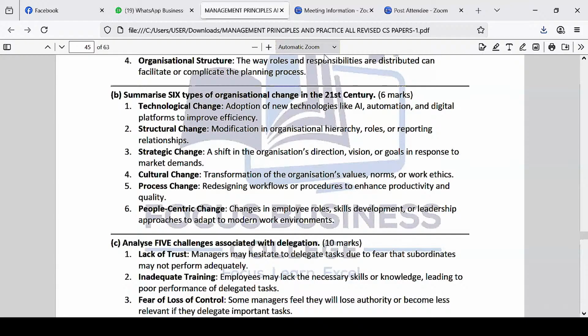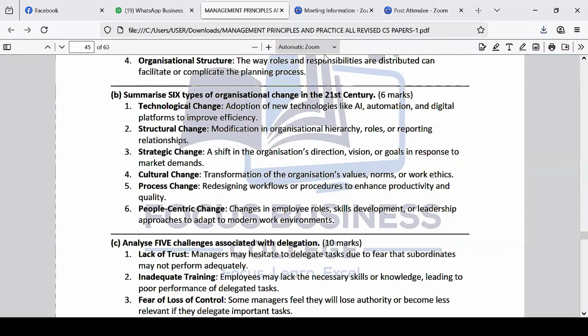Number four is called cultural change. Companies are changing cultures. This is the transformation of values, norms, and work ethics. The values of companies are changing. If you look at the values of companies in the 1960s and now, they're really different. Norms are changing, and also work ethics. Companies are nowadays embracing ethics. So you find that they're employing a lot of